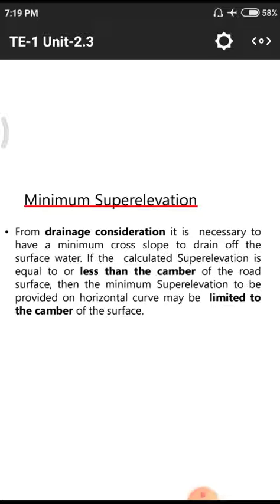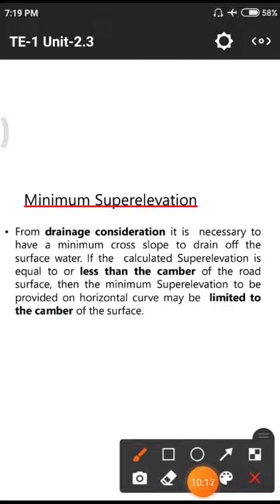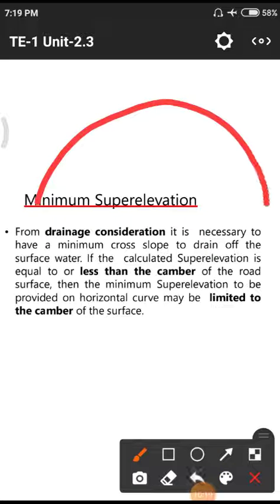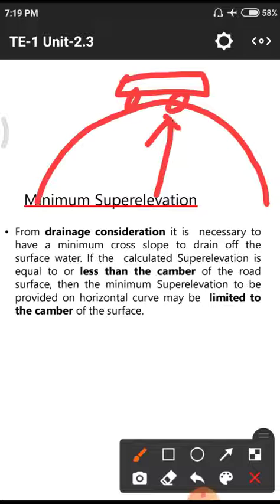You have to know what the inner wheels and outer wheels are. The wheels which are nearer to the center of the circle are called inner wheels, and the wheels which are farther from the center are called outer wheels. Simply by using this diagram, we need to know this is the particular curve. This is the vehicle, this is the side view. This is the inner wheel and this is the outer wheel. This is the normal span of the vehicle.